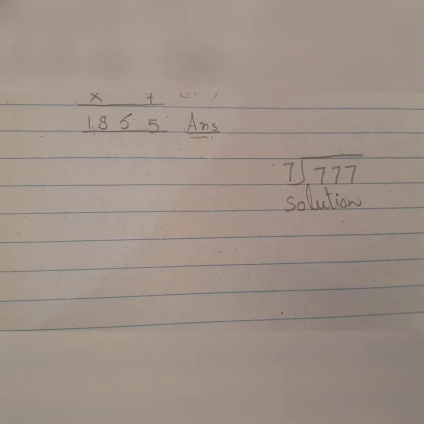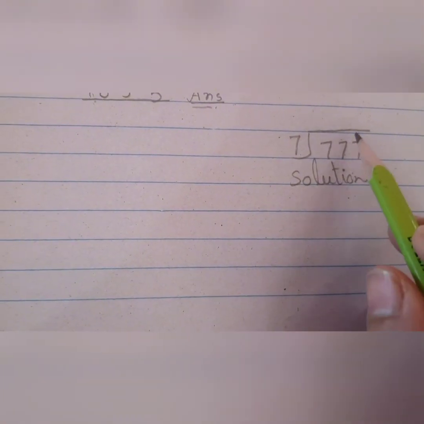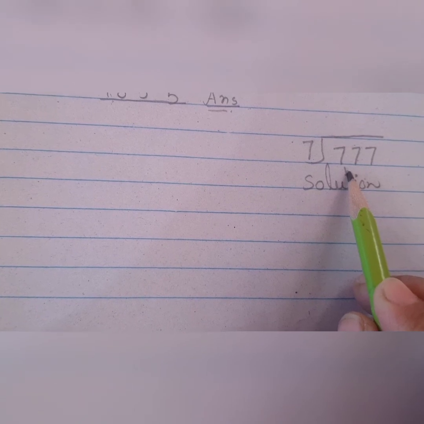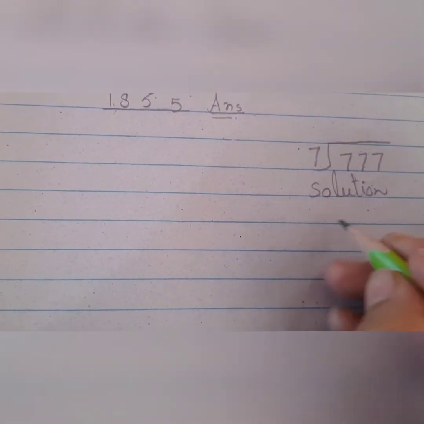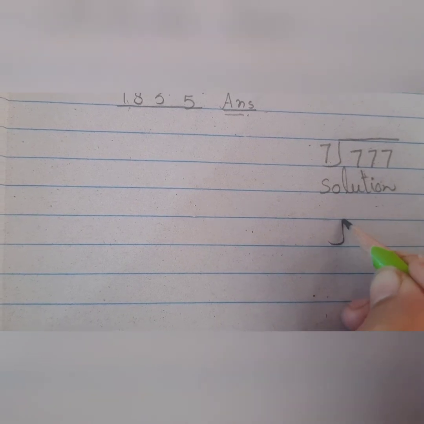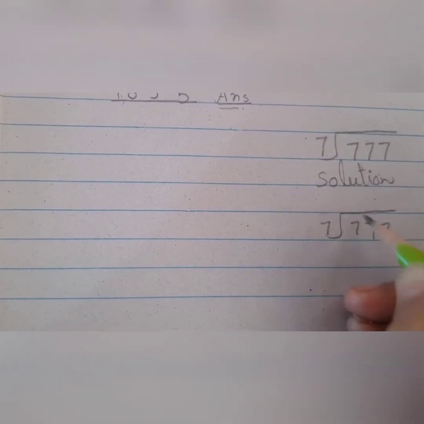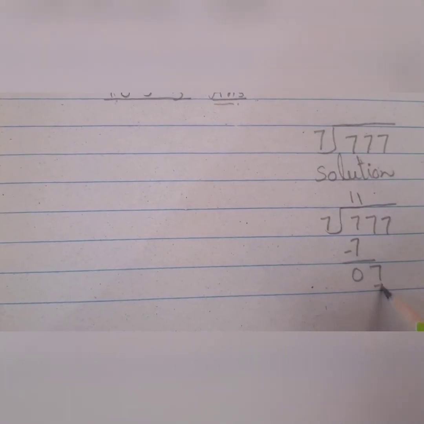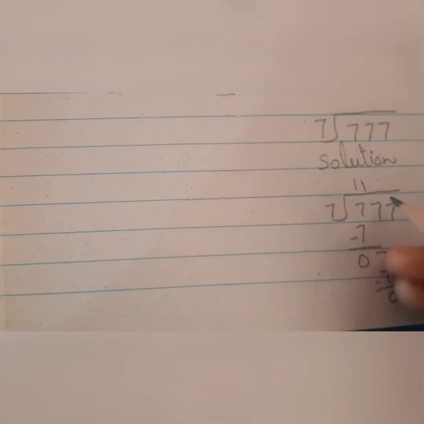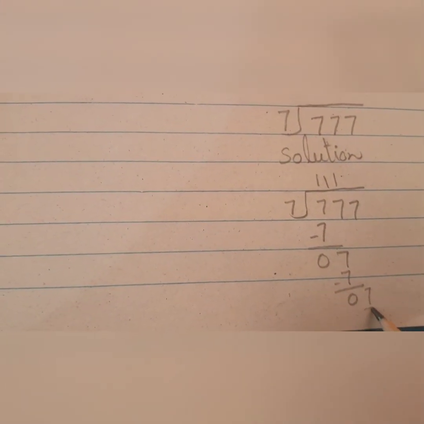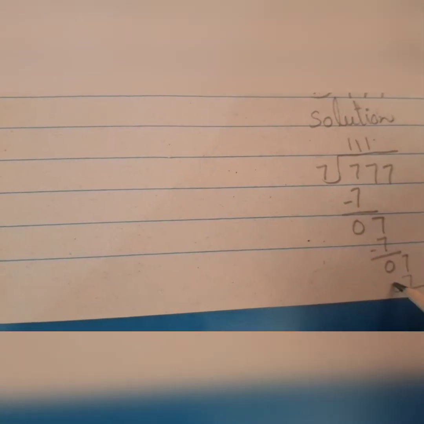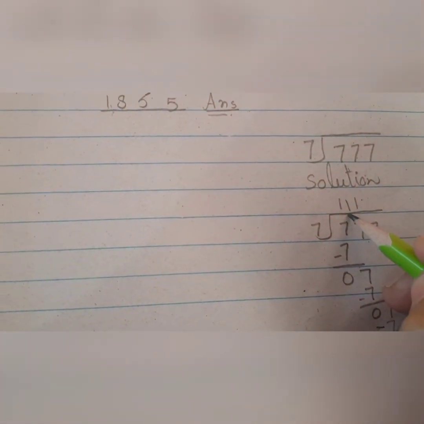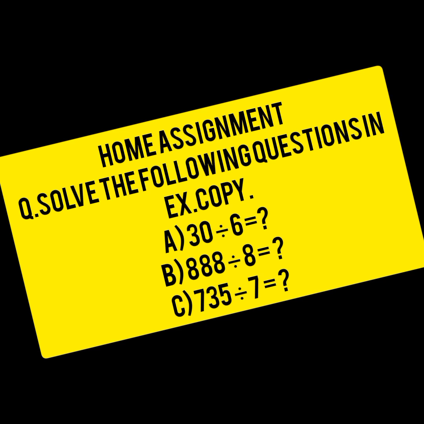This method is correct. Okay beta, now you have this question: 777 divided by 7. So what do you have to do? Will you use the short division or the long division? Yes, long division. So first of all, write down 777, then 7 ones are 7, finish, then take the second one, then 7 ones are 7, then 7 again, then 7 ones are 7, and it will be the minus sign, got it, and it becomes 0. So the answer is 111.